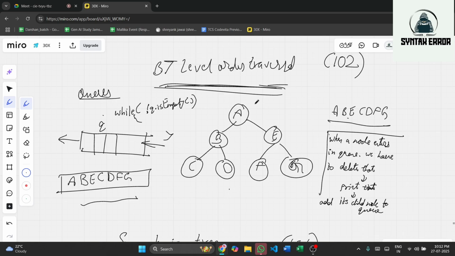So here we initialized the queue and followed our condition. What is our condition? When a node enters the queue, we delete that node, print that node, and add its child nodes. The one word which changes in a graph is child node, which we modify to neighbor node.